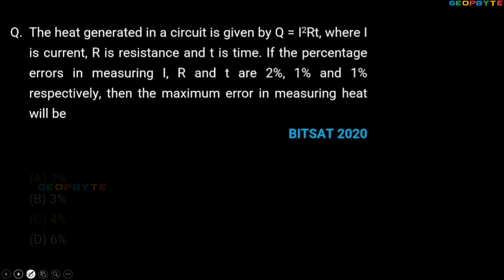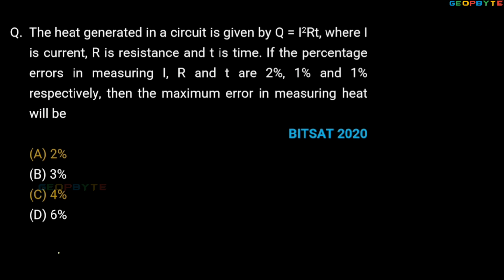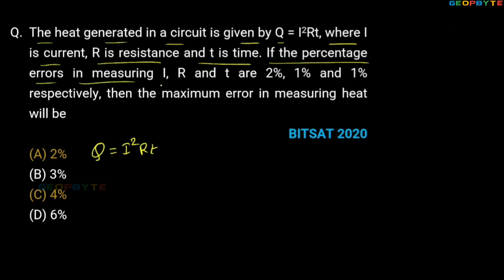Similarly, let's take another important problem. Look at the screen. It is asking like this. The heat generated in a circuit is given by Q equal to I square RT, where I is the current, R is the resistance, and T is the time. If the percentage of errors in measuring I, R and T are 2%, 1%, and 1% respectively,